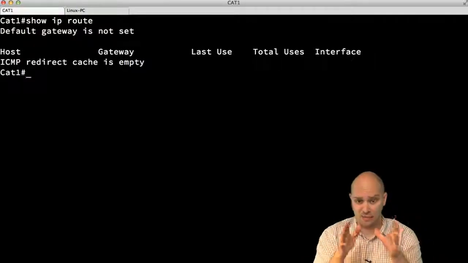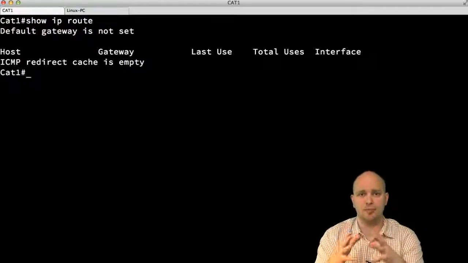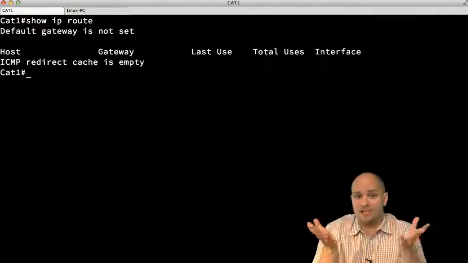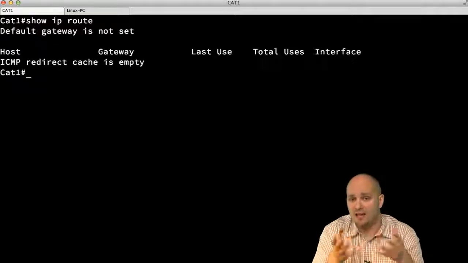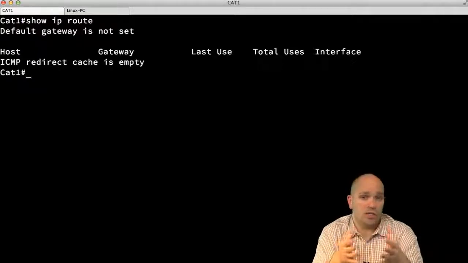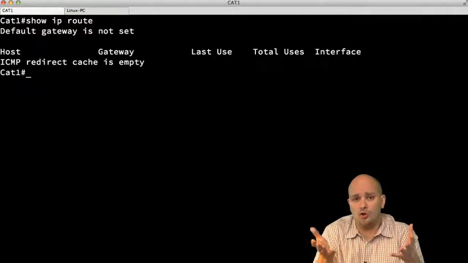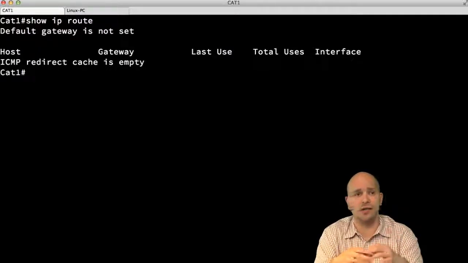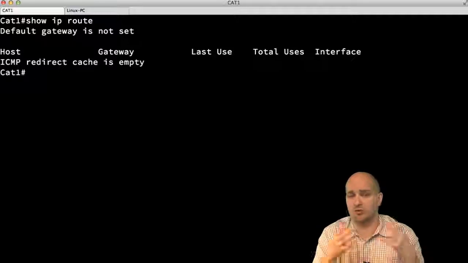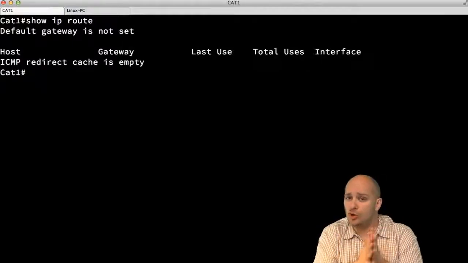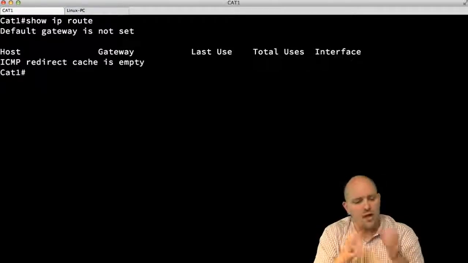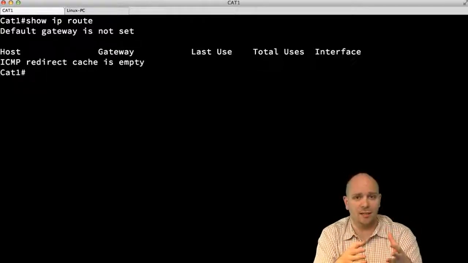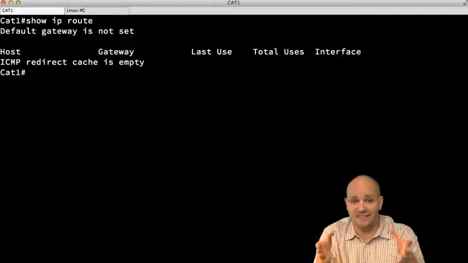Now, the reason for this is that at this moment, this switch, my Cat1, is configured to operate as a switch with an IP address. That IP address is working just like an IP address on a host would, just like it would be on a server or on a workstation running Linux or Mac OS or running Windows, and it's not operating as the router. Show ip route is going to show me the routing information base, the routing table, which does not exist